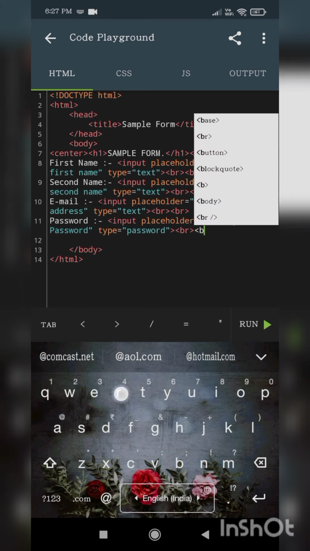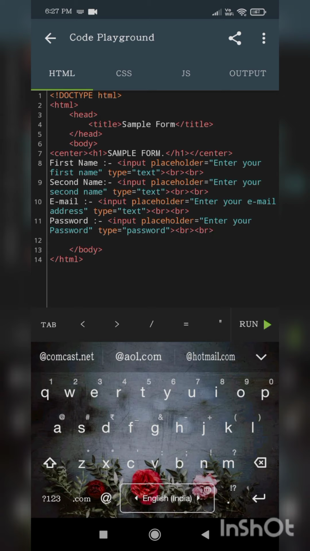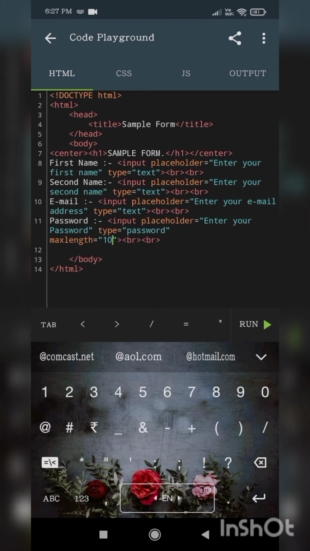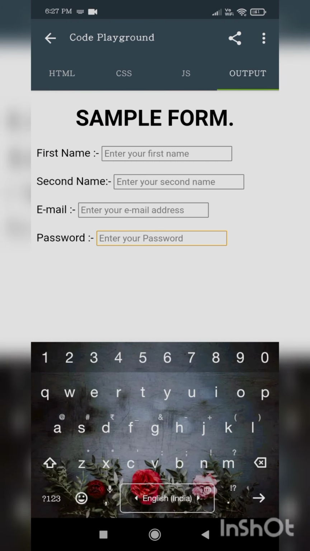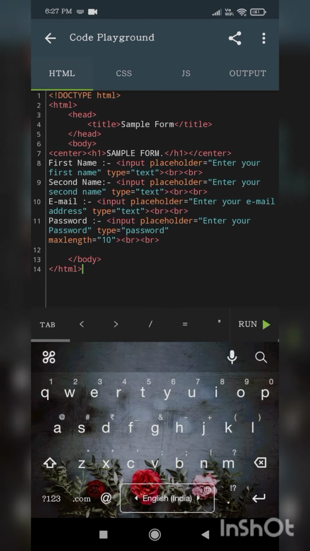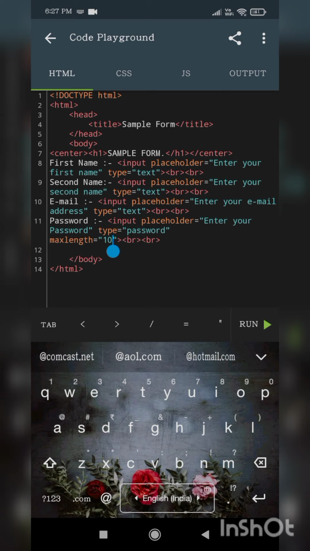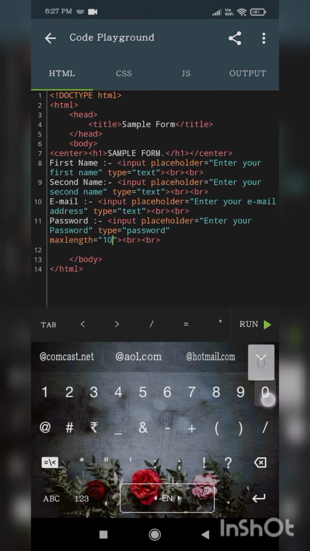And if your password is very long, you can use the maxlength attribute and keep its value. I want 10, so the size will also be 10. Here I kept maxlength as 10, so only 10 characters can be written in the output.